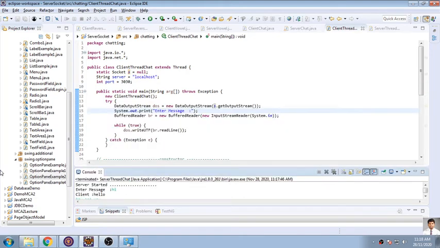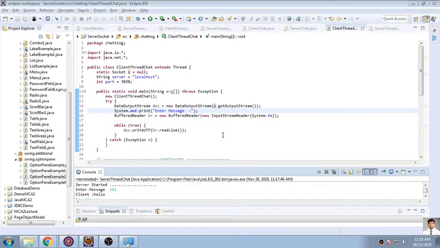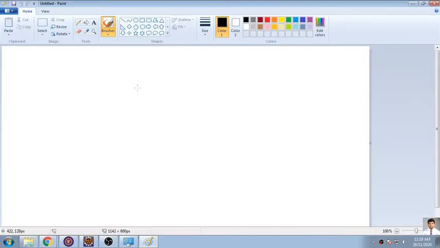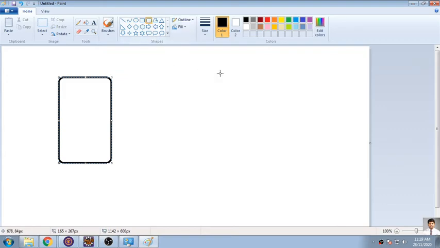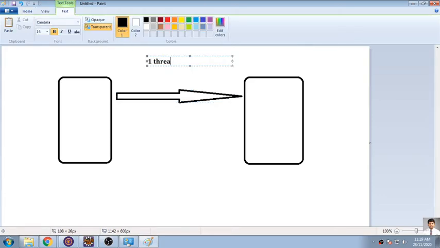Now what is there in this program, we will go into a diagrammatic representation. Then after that we'll be running the code to see how it has been done. Now see, here we are making a multi-threaded chat application. It means we'll be accepting content from the user in parallel and in parallel we'll be sending something to this server. So we assume that this is a client machine and this is what we call a server machine. And basically whenever we are doing any connectivity between the client and server, it is always single threaded, only one threaded program, and that is managed by what we call the main thread.